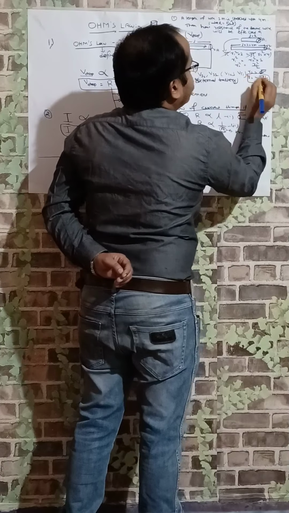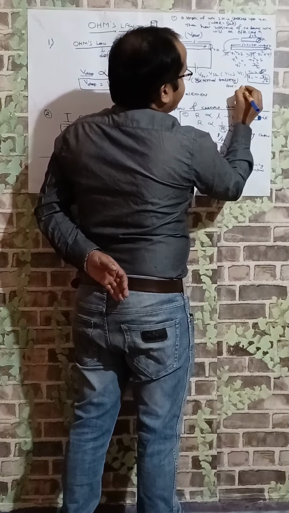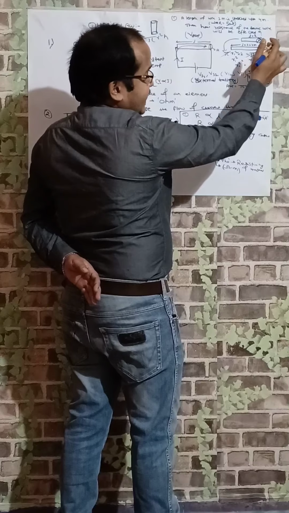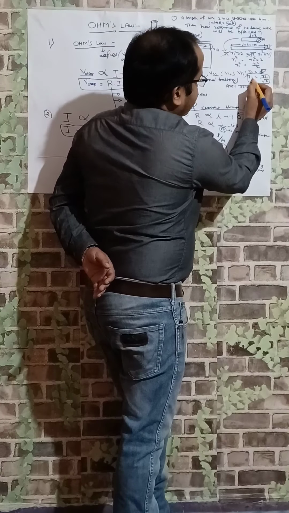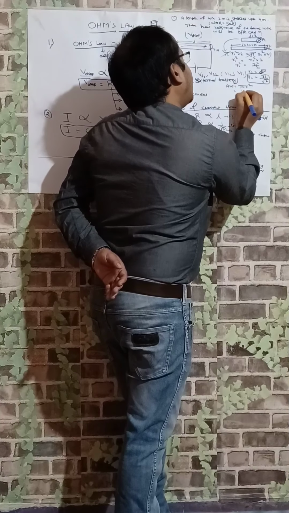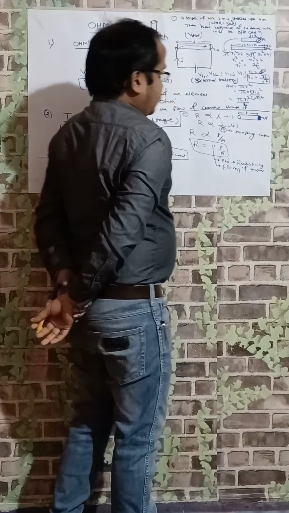So what will be the area of cross section? The area of cross section is pi r square, as it is circular in nature. Sir, r2 got reduced by root 2 times. So the area is pi into r1 by root 2 whole square, so pi r1 square by 2.